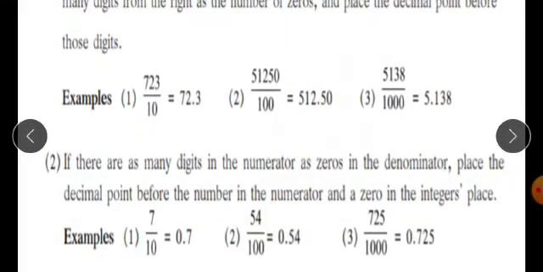54 upon 100, again the same number of digits and zeros in the denominator. Therefore write 54, put a decimal point, and before that write 0, and the reading is 0.54. 725 upon 1000, again write 725, put a decimal point before 7 and write 0 before the decimal point, and the reading of this decimal fraction is